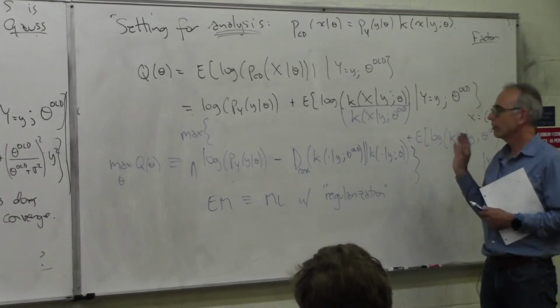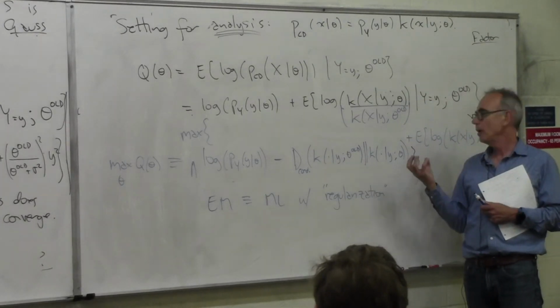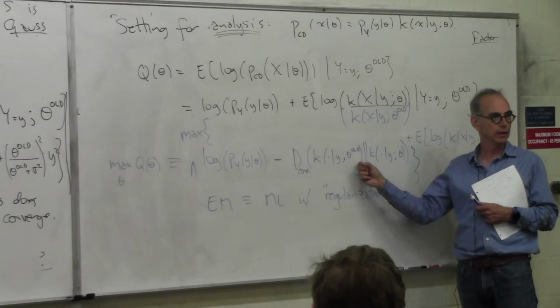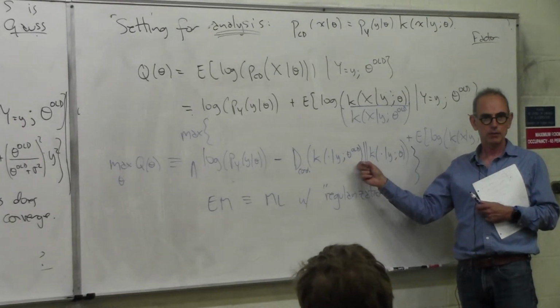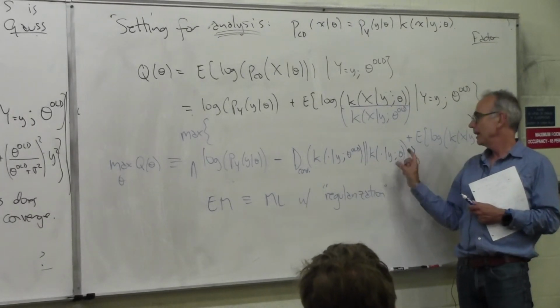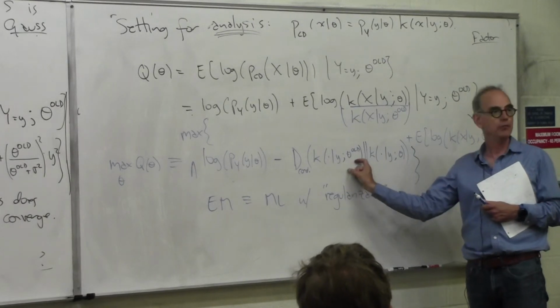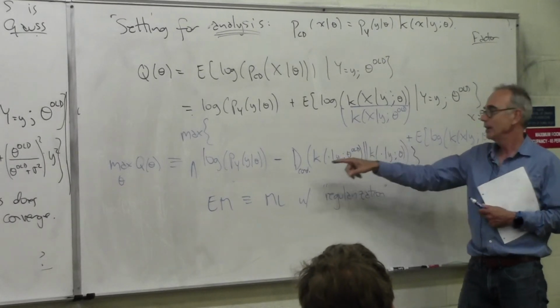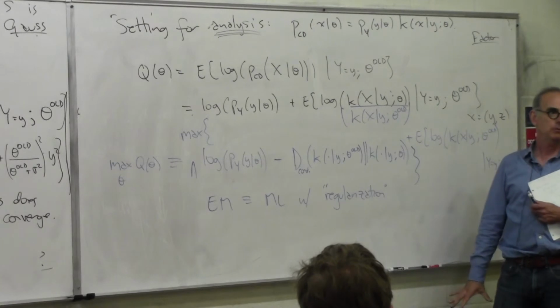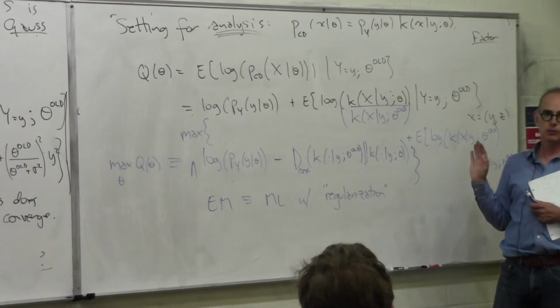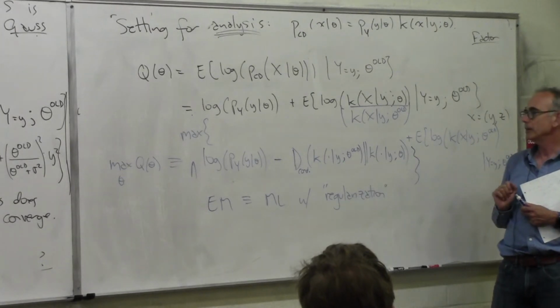And relative entropy is a standard trick to try to put a penalty on deviation from your old guess, right? This is a penalty. If this distribution is very far from this, you'll get a huge penalty. There's a minus sign there. You'll have a big negative component, so you're not going to do it. So this basically is what's going on.